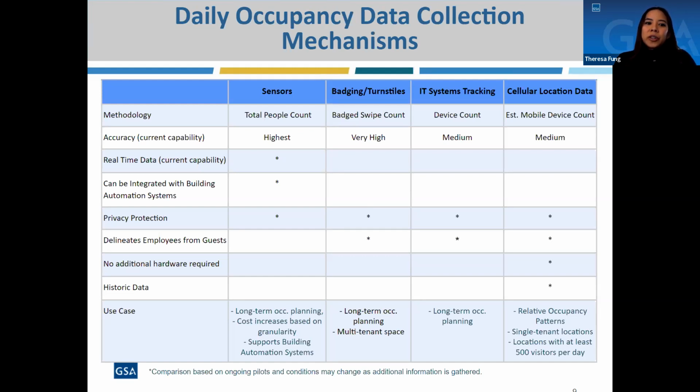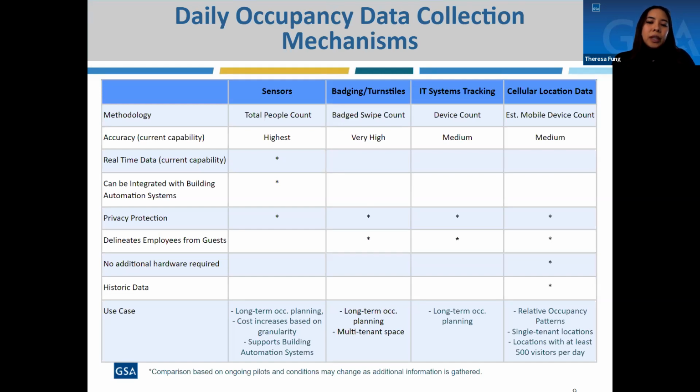When it comes to sensors, you're looking at 95% or better accuracy of how many people are in a space at any specific time. It can provide real-time data to support building automation systems, which could result in a more efficiently operating building and reduction in energy costs. And we'll go through that in more detail regarding a specific, detailed use case that we did